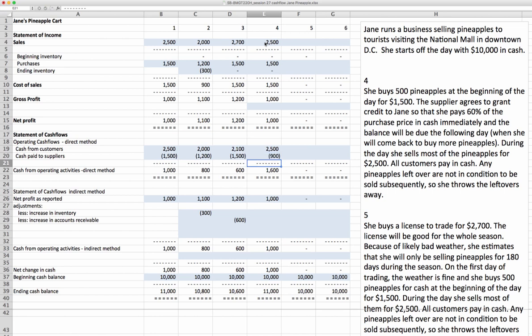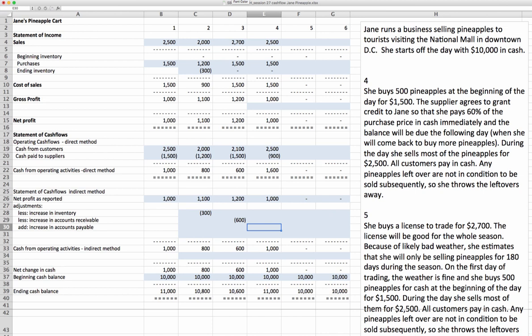And so, cash from operating activities: $2,500 from customers, $900 to suppliers, so there's a net build-up of $1,600. Why is that different from the $1,000 net profit? The answer is that there was a build-up in accounts payable, and so what we're going to do is add an increase in accounts payable, and we can see that accounts payable went from